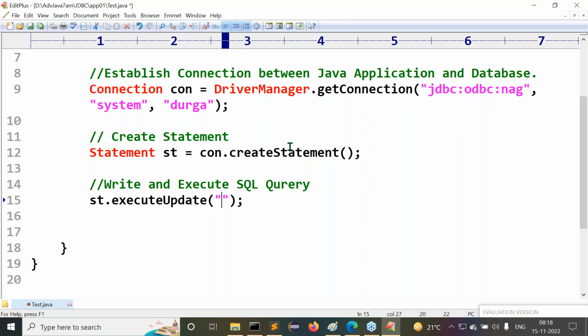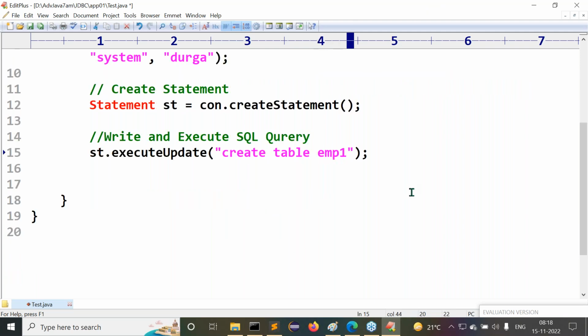Right, sir. What is that SQL query? Create table, then the table name. EMP1 is the table name. In parenthesis, ENO number of 5, space, primary key, comma. I think you are very much familiar with this basic SQL query. Maybe in the prerequisite part, in the database installation, I discussed it. That is: create table EMP1 (ENO number(5) primary key,